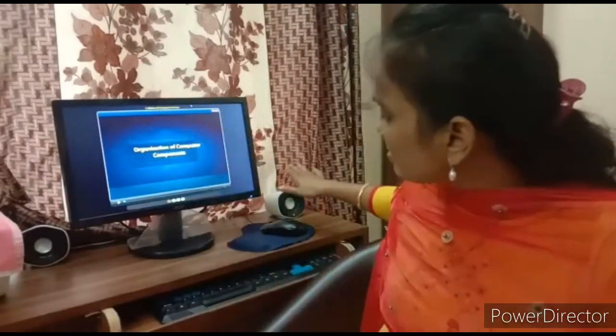These are called the physical parts of the computer. These are the things which we can see and touch, but coming to the software, the instructions, we can neither see nor touch them.